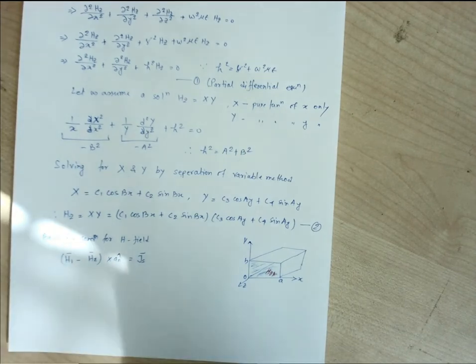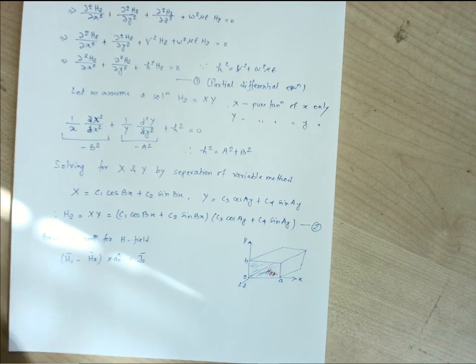So previously we had a generalized expression with respect to field components. Now we have segregated them, and we are going to find out specifically the field components and their characteristics on the different walls, whether they are 0 or not. Depending upon that we have our constant values C1, C2, C3, C4. So Hz we have derived. Ex, Ey, Hx, Hy all depend upon this Hz. We are going to find out those expressions first.